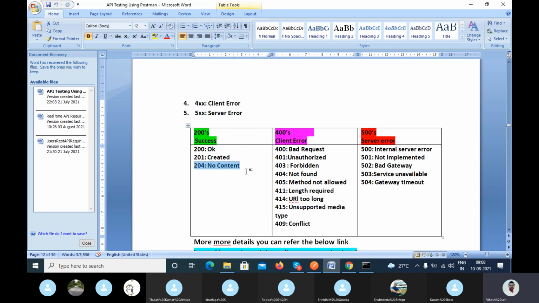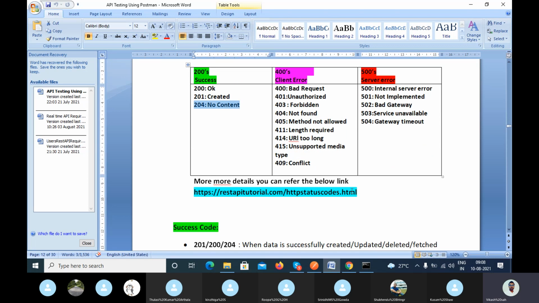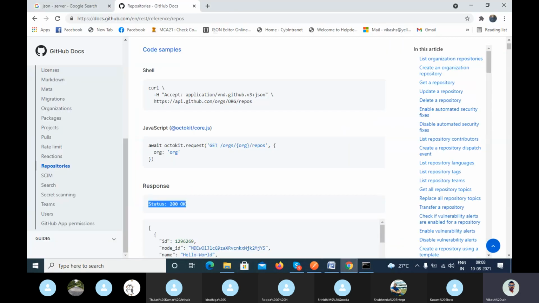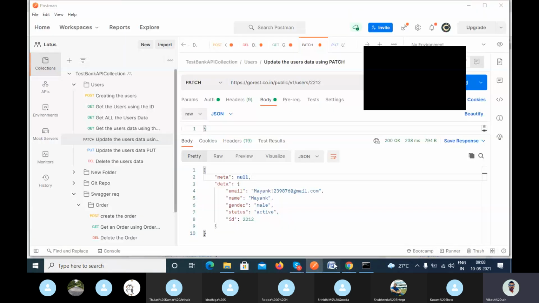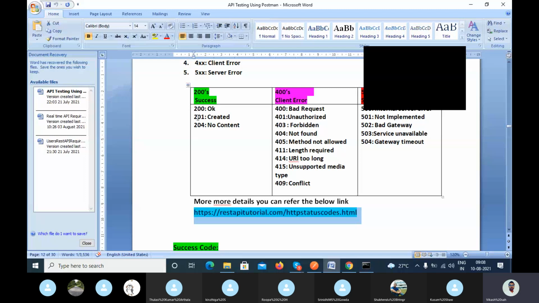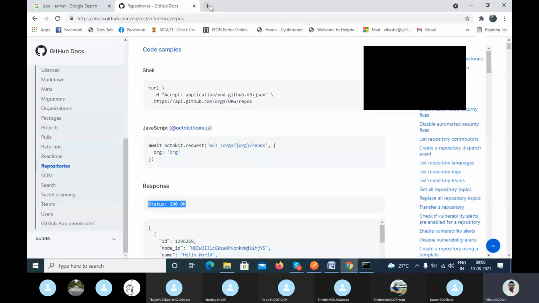Okay, now we are moving to the 400 client error. Is there a code 206? I have not used it, but if you want to check, this is the URL and you can go there, because in 99%, even I can say 100%, of real-time cases you will get only three status codes.